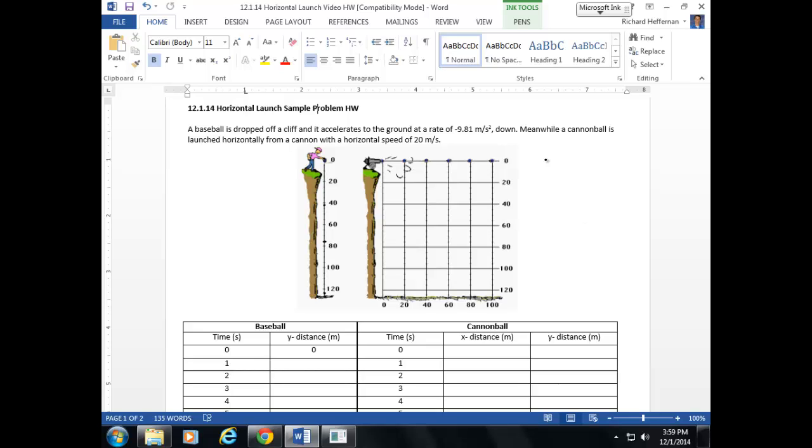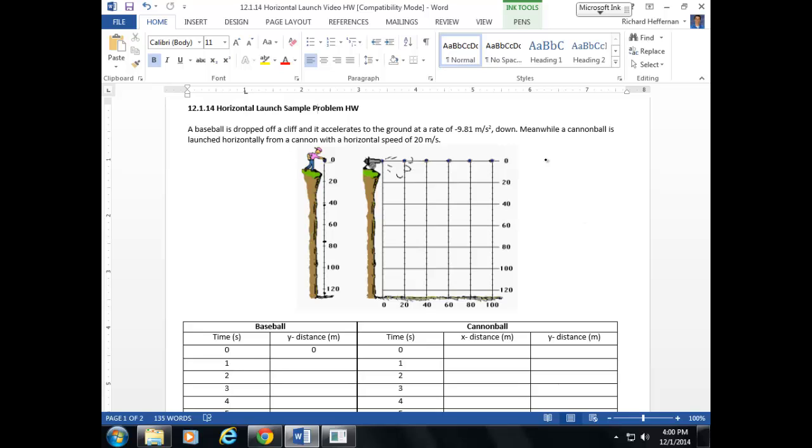All right, so here's the situation. One of them we do know how to deal with. The other one we do not yet know how to deal with. It's talking about a baseball being dropped off a cliff and accelerating to the ground at a rate of 9.81 meters per second squared downward. And then at the same time, a cannonball is being launched horizontally with an initial horizontal speed of 20 meters